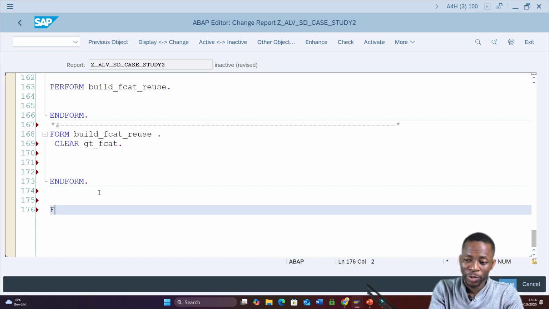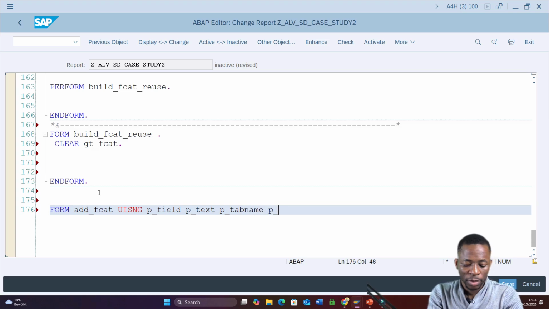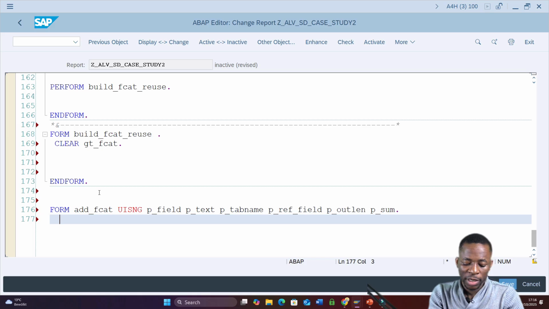So the subroutine, we're going to call it form. Let's give a name: add_fcat using, so what are the parameters? p_field, p_text, p_tabname, p_reffield, p_outputlen, p_sum. So what happens here, we can clear